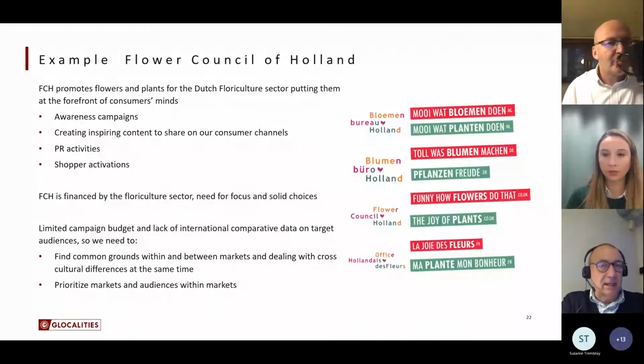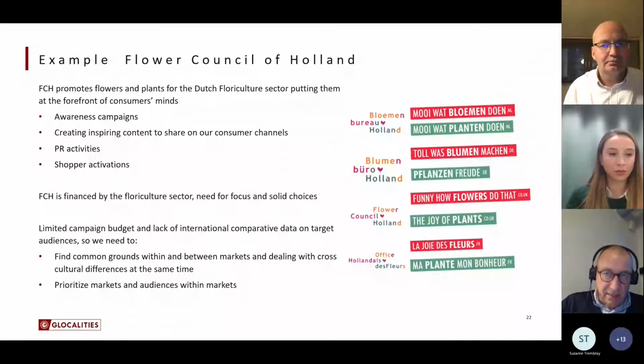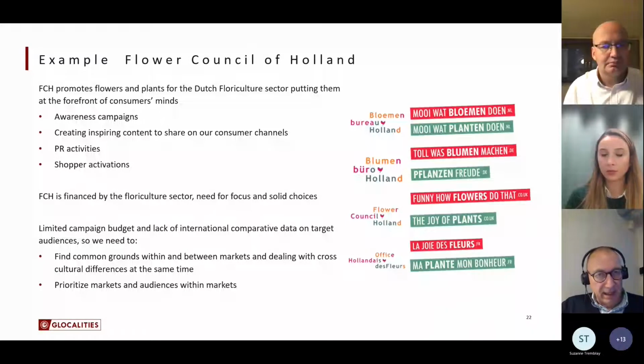And they came to us about 3 years ago, because they said, well, the amount of budget we have from the growers is diminishing. So we should come up with a campaign with only a limited amount of budget that has a big impact. Can you help us to give input for a campaign that delivers the message in various countries, and to help us to grow our market in France, in the UK, in Germany, and in Italy?